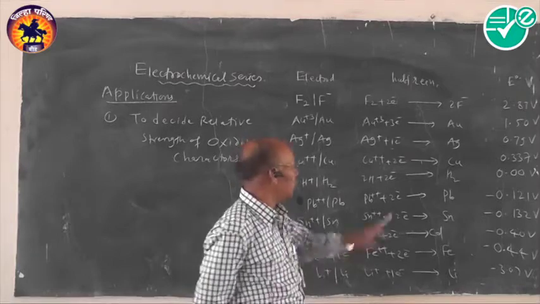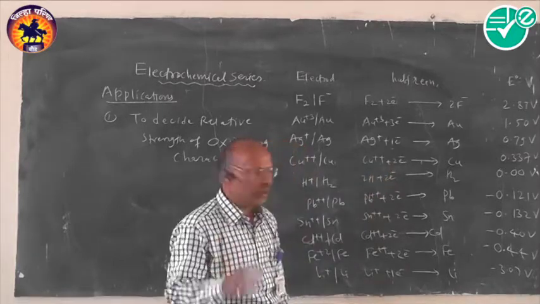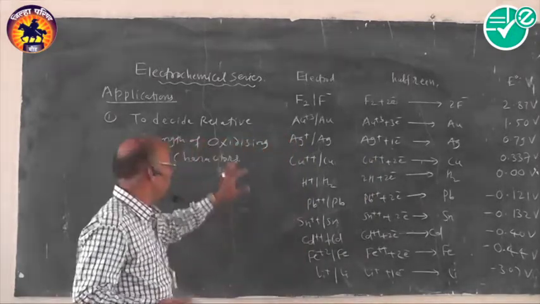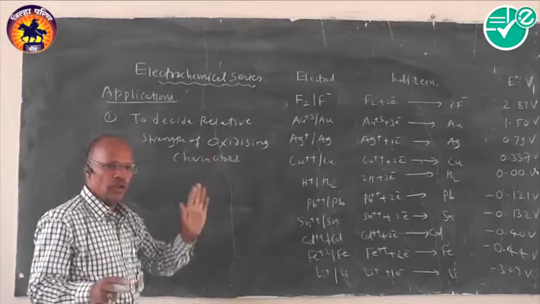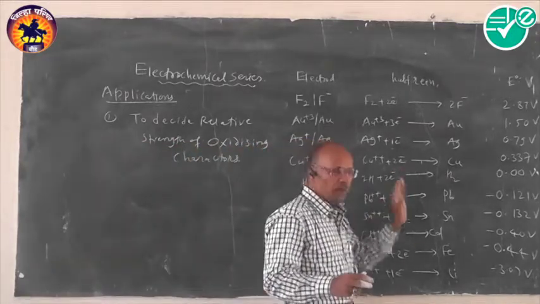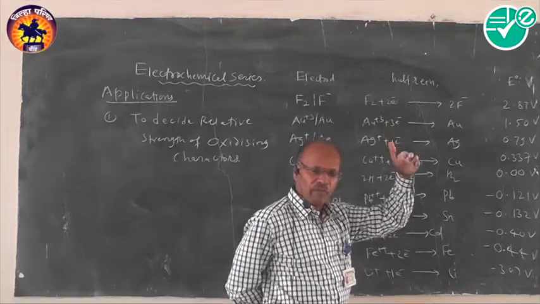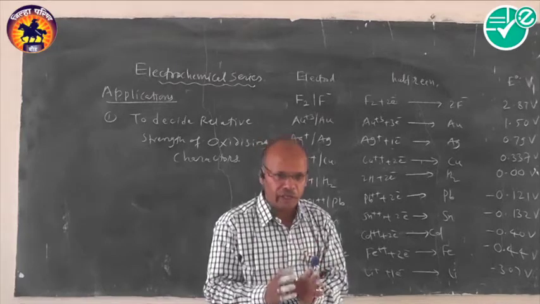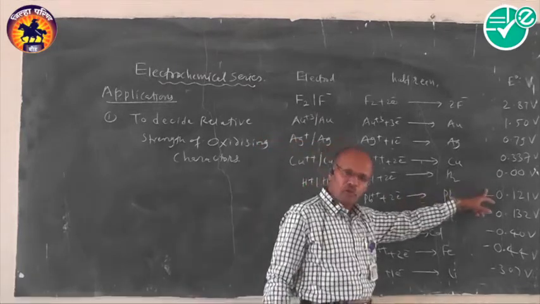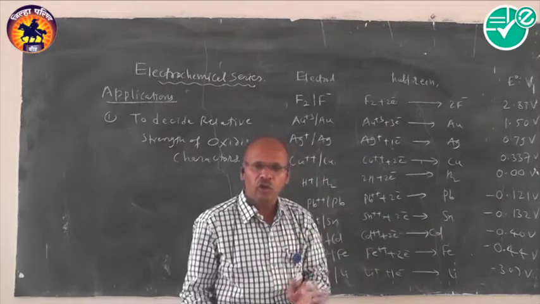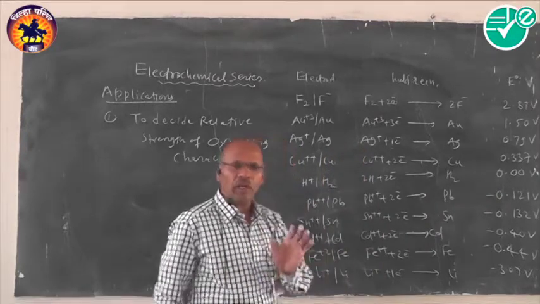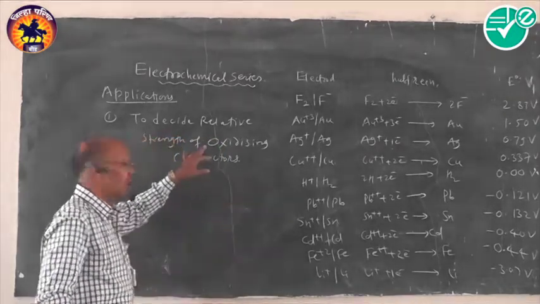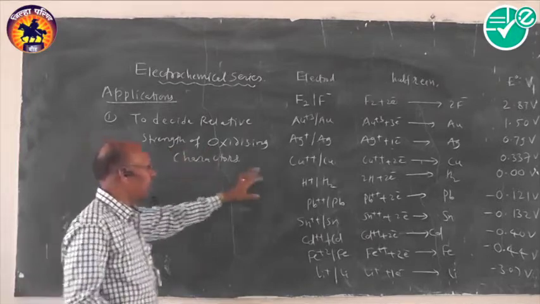These elements have a tendency to undergo reduction easily, and hence they can act as a better oxidizing agent. So simply remember that the elements placed on the left hand side portion of the EMF series, particularly in the upper portion, generally act as a better oxidizing agent because their standard potential is positive. These have more tendency to gain or accept electrons, and as they accept electrons they undergo reduction themselves, and hence act as a better oxidizing agent. So remember this speciality about oxidizing agents.